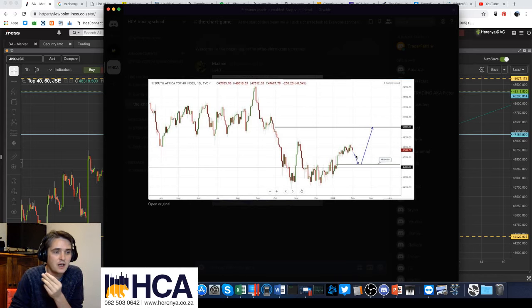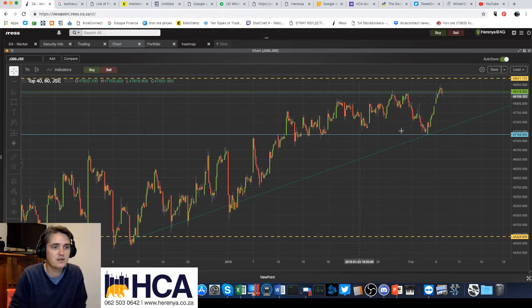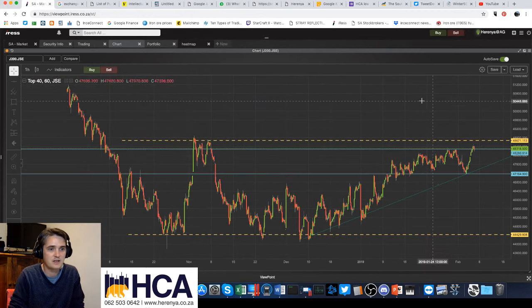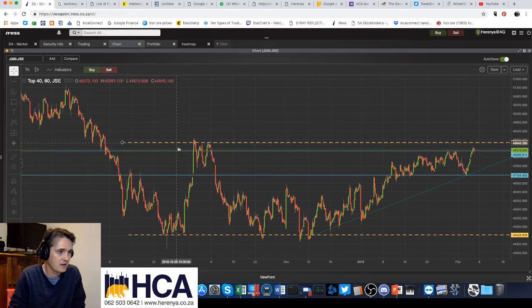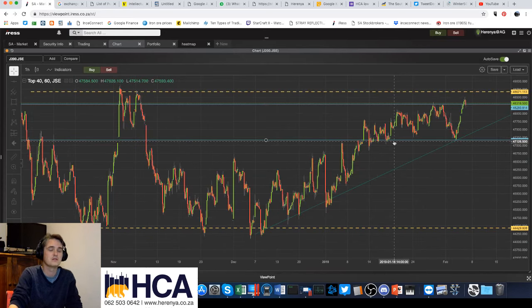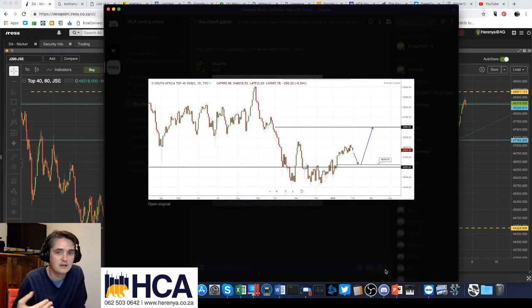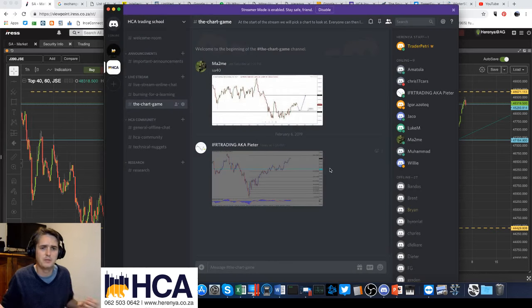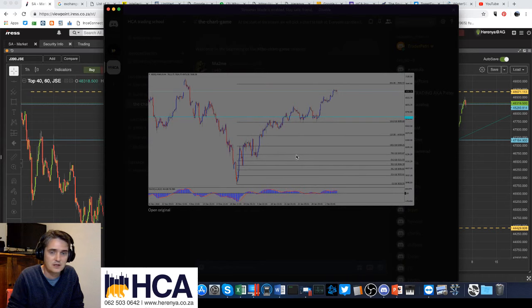Also, don't be too biased on the short. Similarly, if this thing breaks up and it takes out that level there, because you can see this whole area here is resistance, right? If it manages to break through this resistance area, close up and go, you definitely want to be long this thing. So don't be too biased in thinking that the order of events is going to be in the order that you want them to be. I am bearish, but I am not necessarily right, you know? So sometimes you just kind of have to suck it up and understand that you can't always be right.